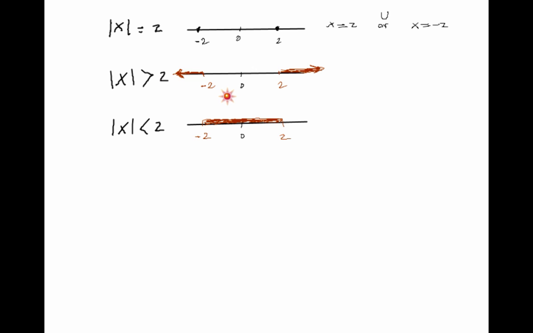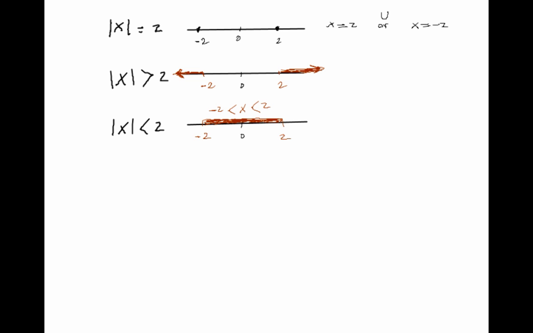You just have to rephrase the question for yourself that when somebody asks you, what is absolute value of x is less than 2, what that means is, give me all the numbers that are less than 2 units away from 0. And look at the number line. These are the numbers that are less than 2 units away from 0. And once you establish that, then you can easily write that in interval notation or any notation you like. This means all the numbers that are in between